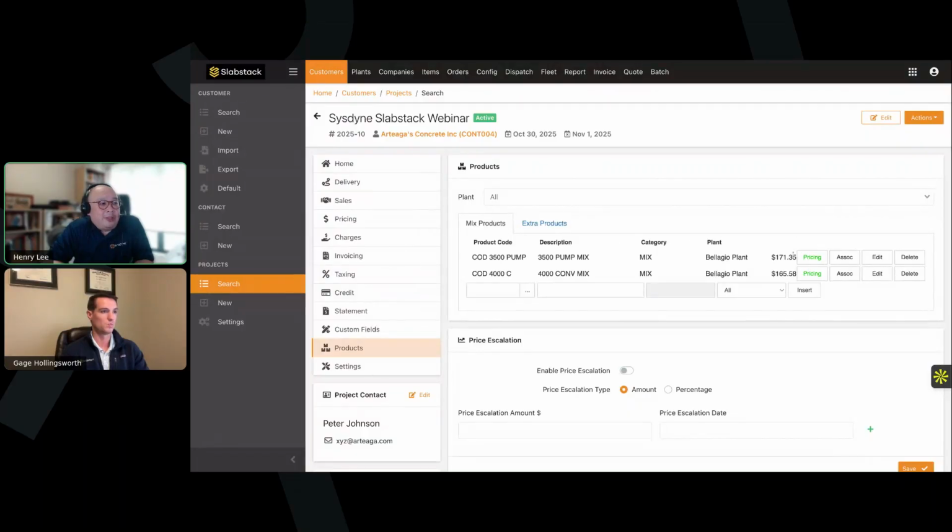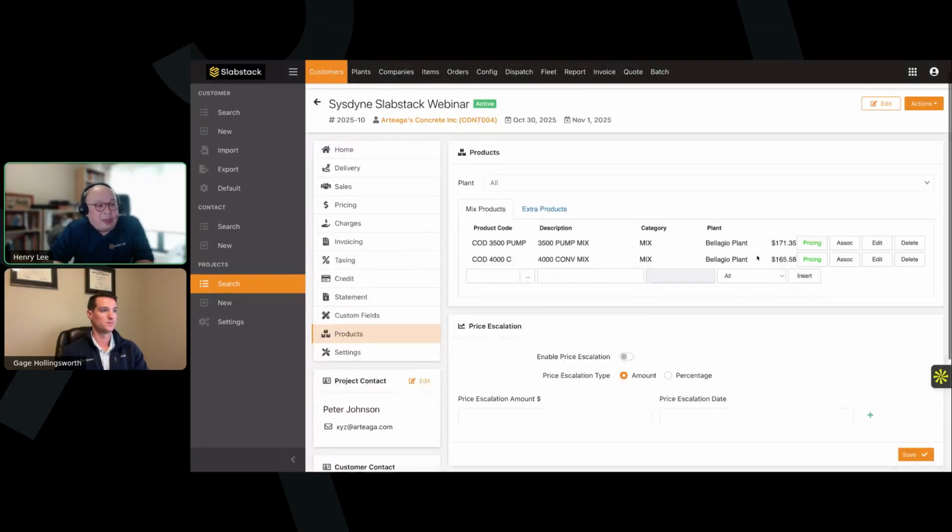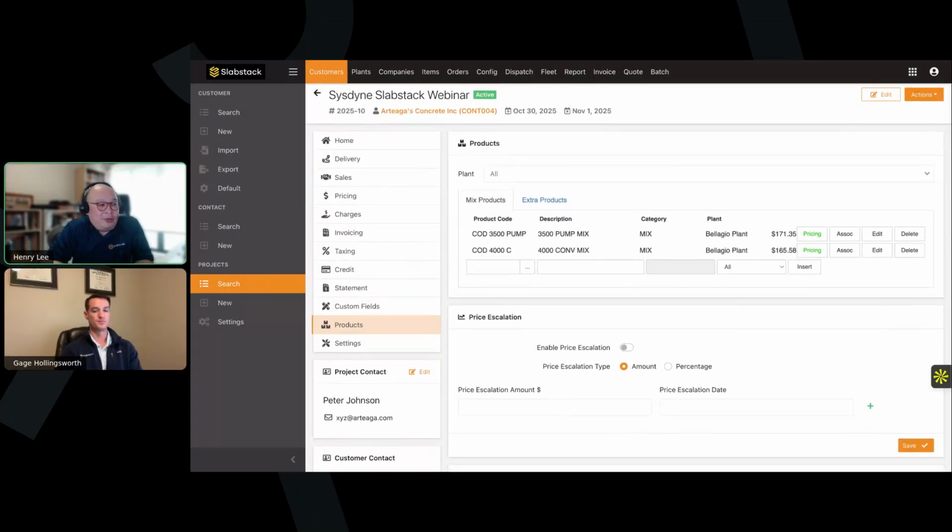Now that the information comes in as a project in the dispatch, your dispatcher, without having to key in or make sure that information is aligned with whatever has been quoted by the salespeople, can start taking orders against those projects and not have to worry about double checking whether the information is correct or not. So that's a very powerful tool, in how the two applications can interact back and forth, right?